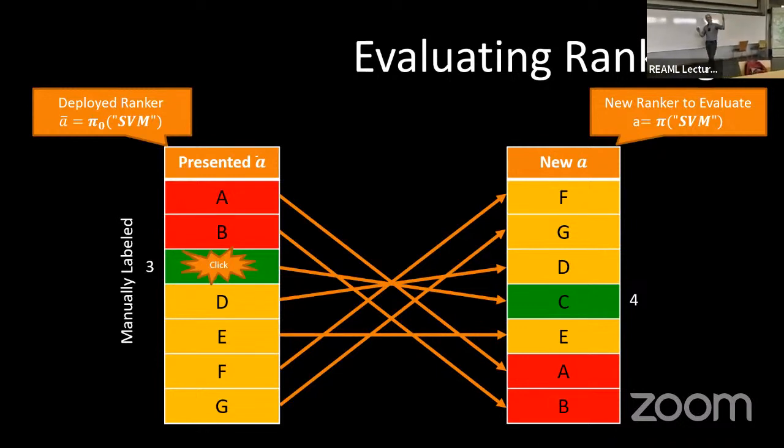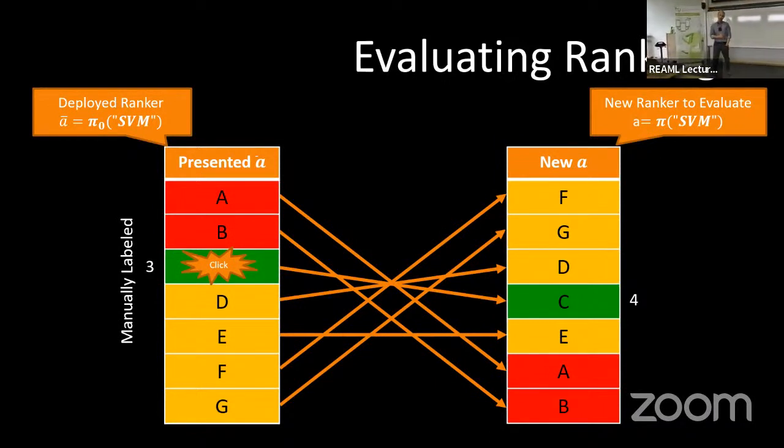If we just say, oh, let's assume that all the non-clicked results are not relevant, then we would come to the wrong conclusion, right? We would conclude that this ranking is worse than that ranking, which it's not, according to our ground truth metric. And for these yellow ones, we really don't know, right? We have missing information again. We just don't know whether they're relevant or not. And that's not that different from what we had before. There we also had actions where we didn't know whether they were good or bad.